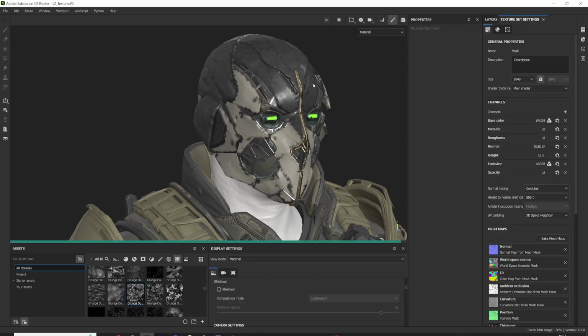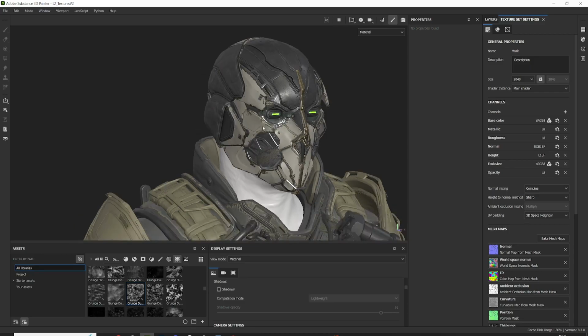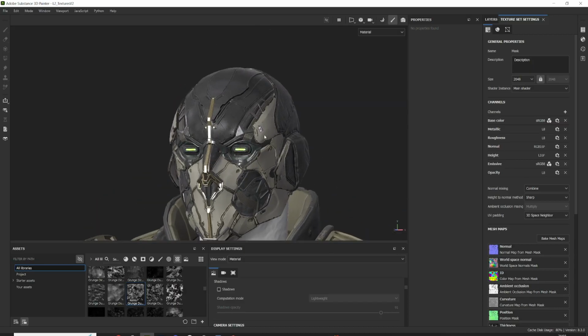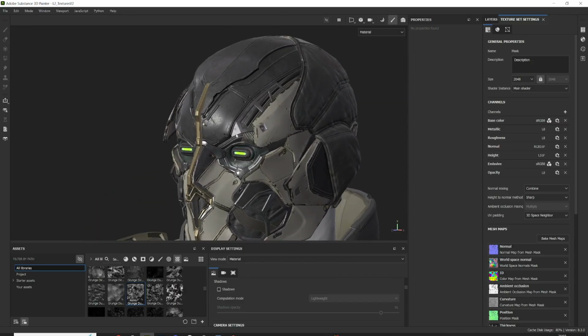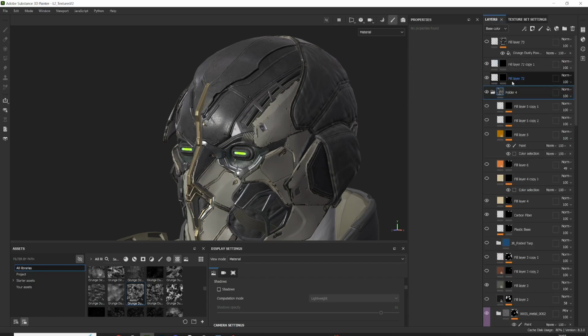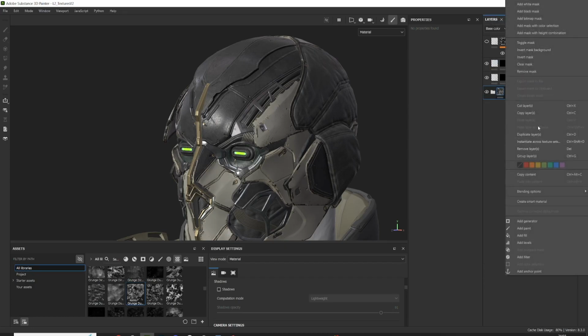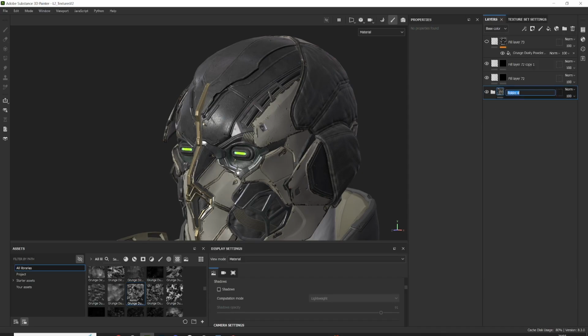Okay, and I wanted to apply it in other parts of the character, but I have everything separated in UVs. So you want to use it maybe later in another project. Okay, so instead of Control C and Control D over the different layers,